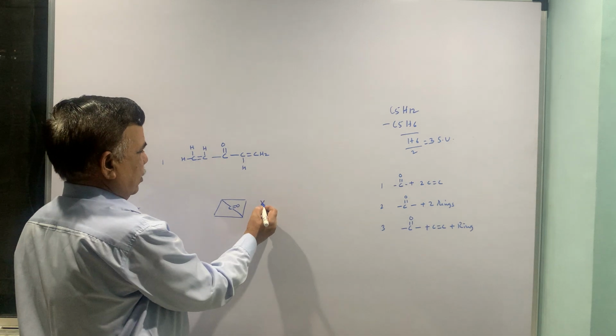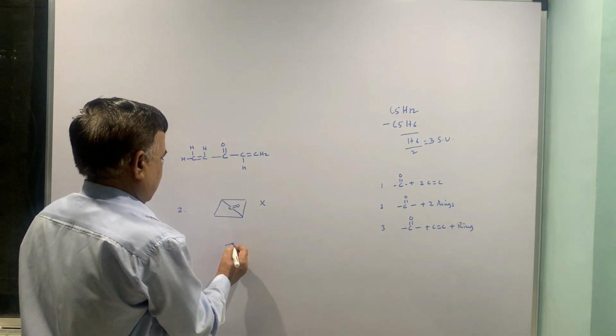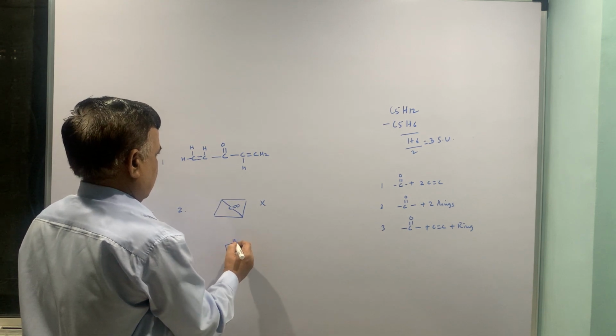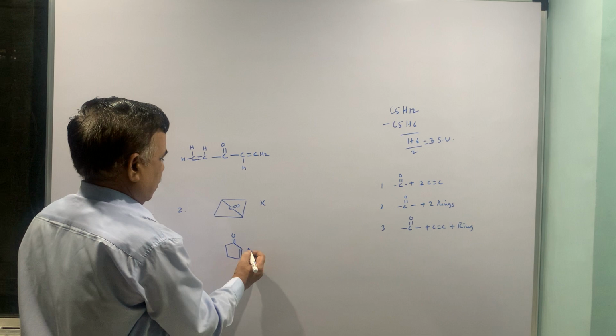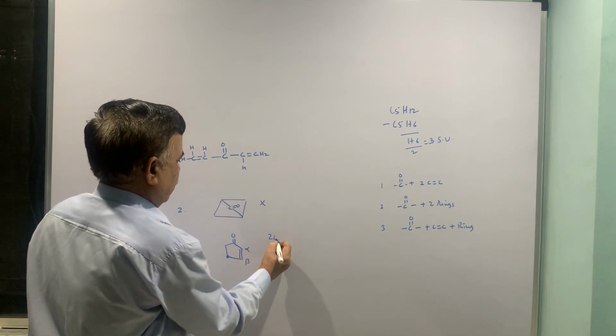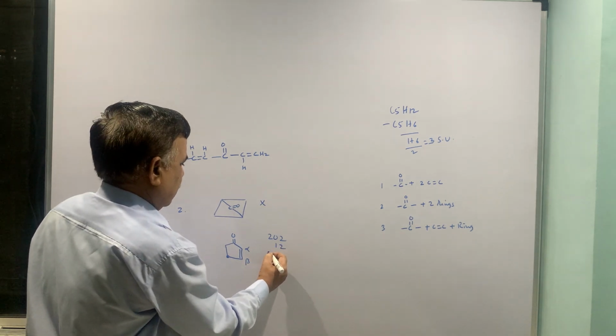this is ruled out, this is the second one. Third one is carbonyl, a ring and a double bond. 202 because it is a 5-membered ketone, and